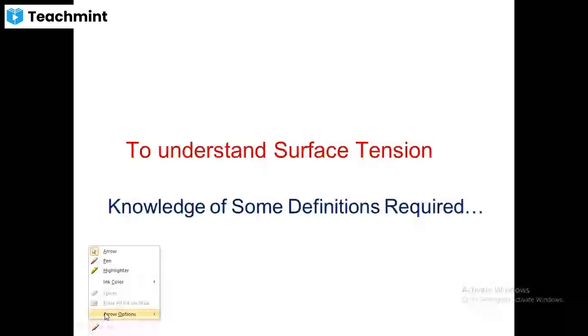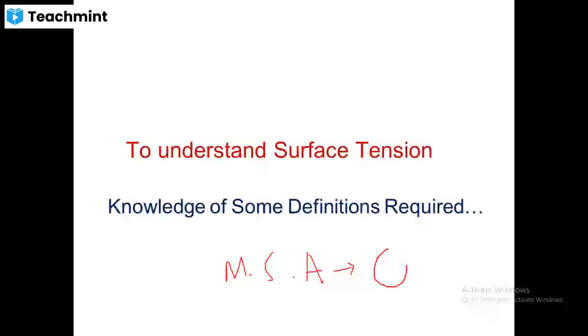So by this we say that all these above phenomena, what we have discussed, are all due to what? The phenomenon of surface tension. And what is the bottom line? When we say surface tension, all the liquids try to have minimum surface area. The minimum surface area for a given volume is possible only for a sphere. Therefore, all the liquids try to have the spherical shape.